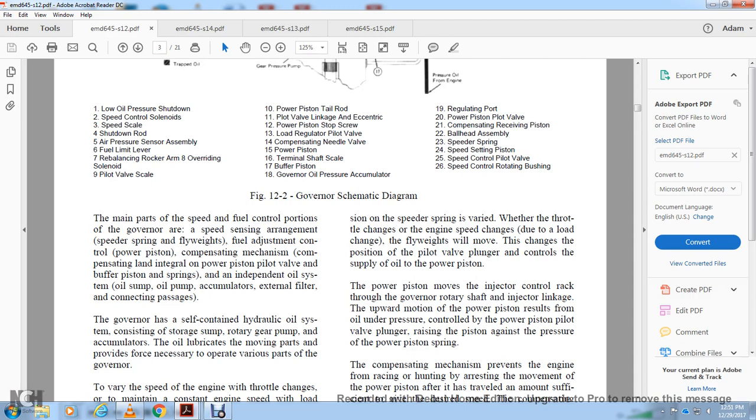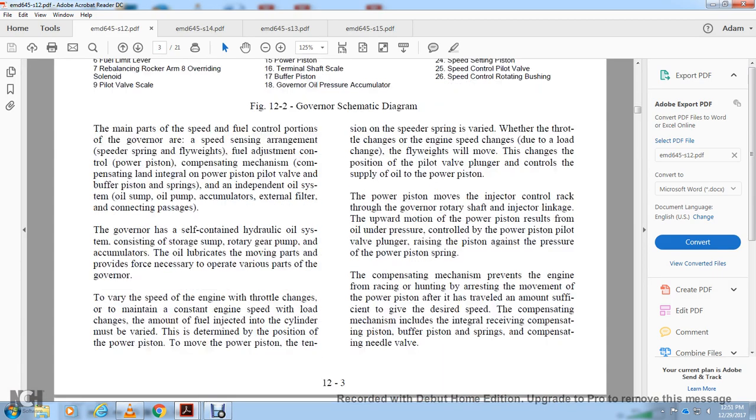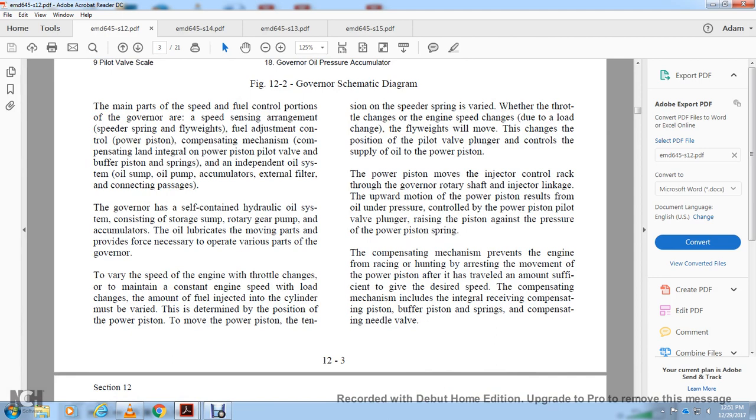The governor has a self-contained hydraulic oil system consisting of the storage sump and the rotary gear pump. The accumulator's oil lubricates the moving parts and provides the forces necessary to operate the various parts of the governor. The various speeds of the engine, with the throttle change, are maintained at constant engine speed with the load. The change of the amount of fuel injected into the cylinder may be varied with